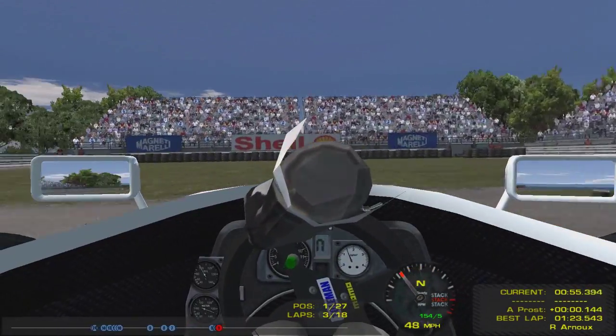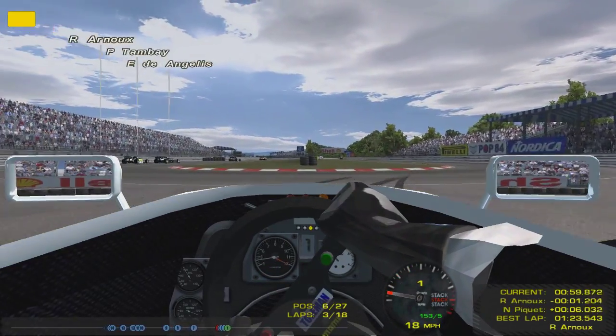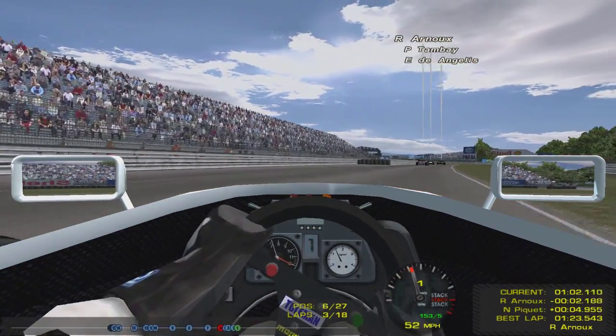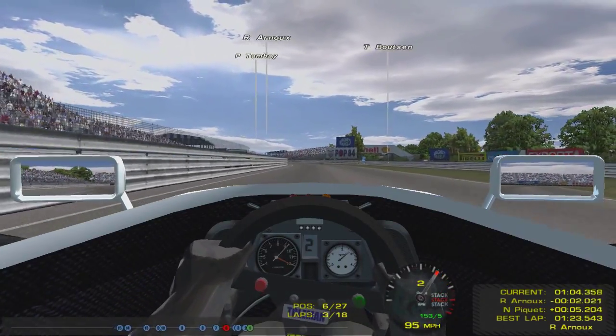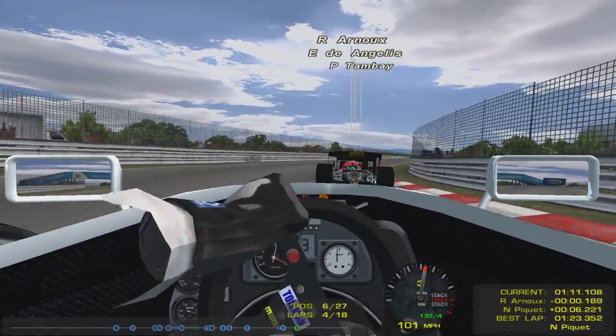We've outbraked ourselves though, and we've gone straight on. We've missed the corner. I don't know what happened there. It's like the brakes just didn't work. It's a fairly weird mistake from us. It's almost a mechanical failure. I'm not sure what happened, but Canada is a fairly unforgiving track on the brakes, and later on I did